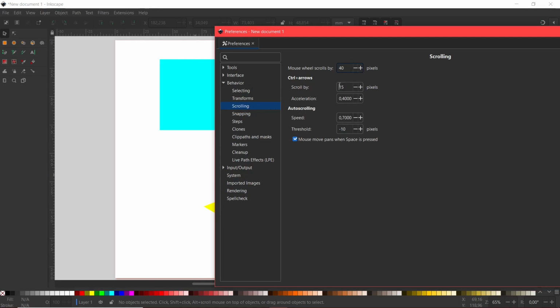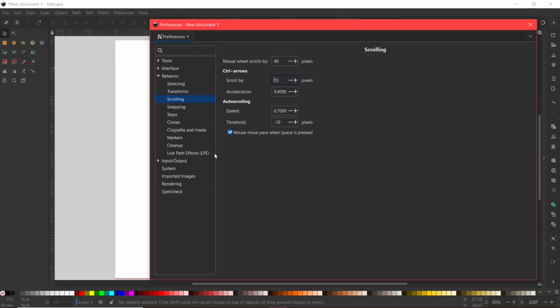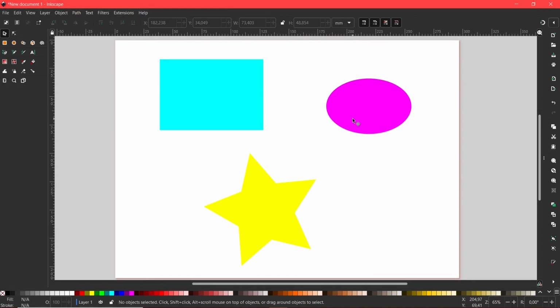So every time you click an arrow, so let's say you click the arrow to the right, it will move 15 pixels to the right. So you can change that as well, make that more or less based on your personal preferences. Again, you can also choose the speed in which it scrolls and the threshold. So all of these details are very interesting if you have specific preferences when it comes to scrolling and panning around your canvas. But let's X out of this, because to zoom,